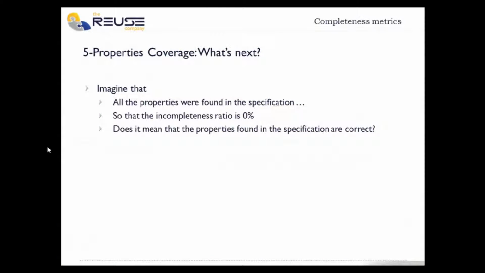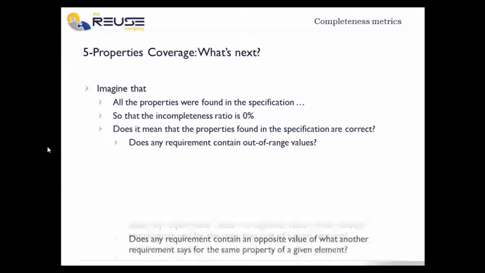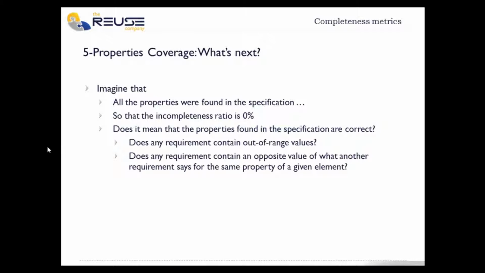Up to now, we are able to assess how incomplete our specification is in terms of properties coverage. But I'm wondering if the specification contains out-of-range values for any property. I'm also wondering if the specification contains different values for the same property. These cases imply some consistency assessment, which is not the goal of these completeness metrics. For that purpose, we also provide the properties consistency metric, which is